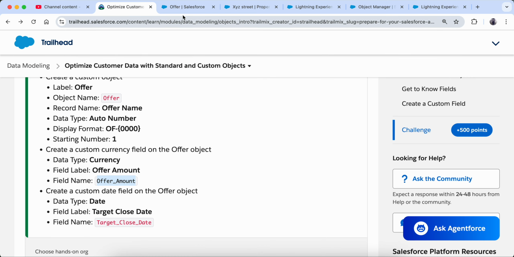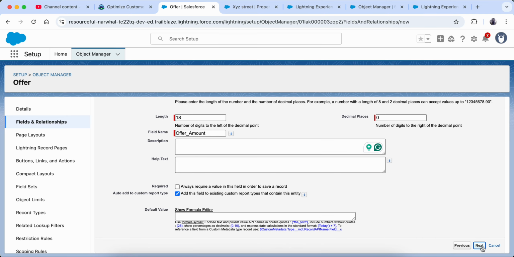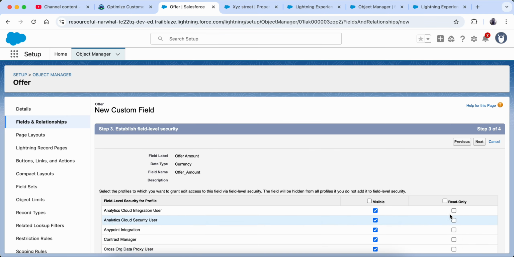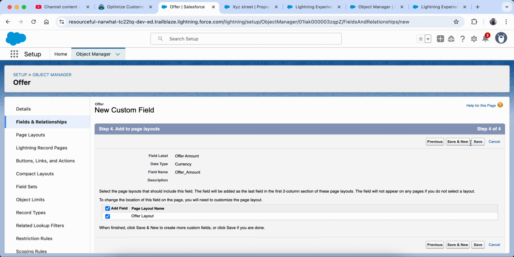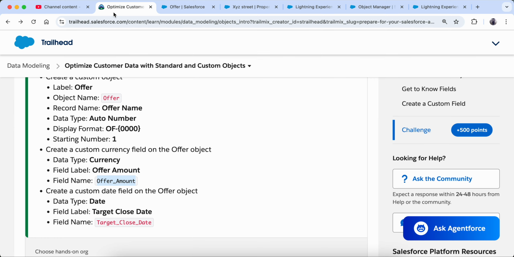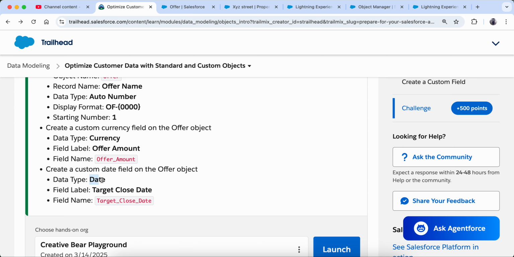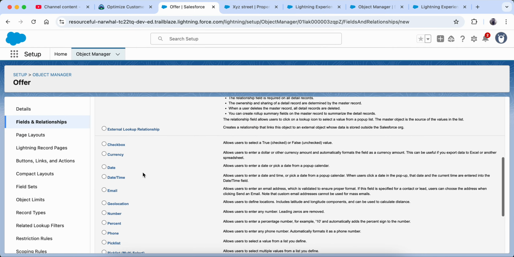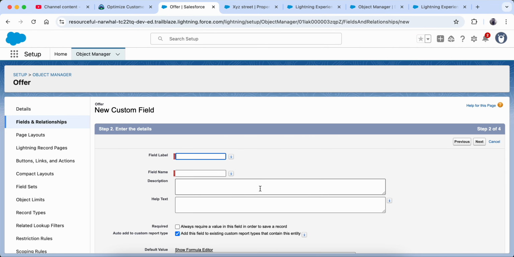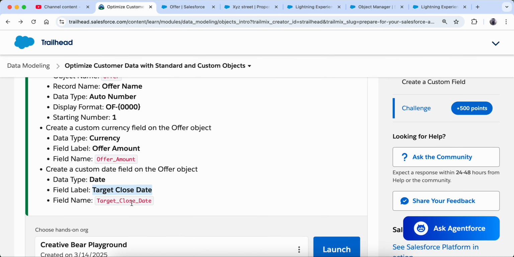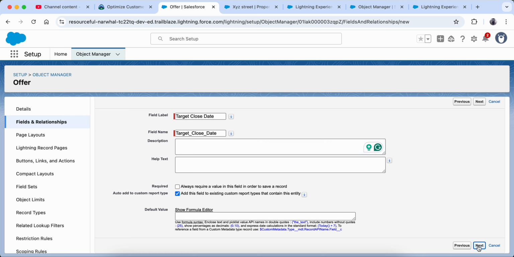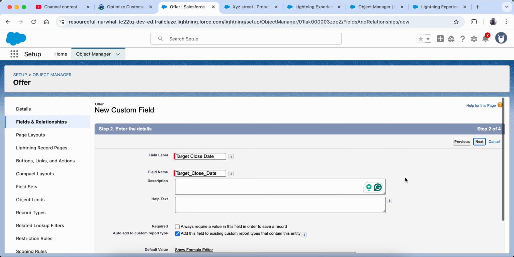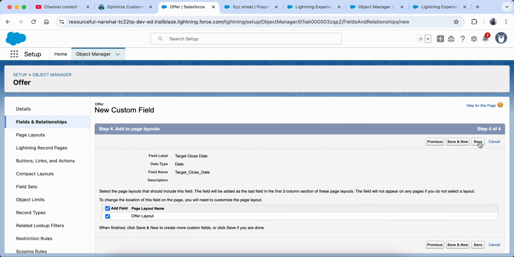Create a custom date field, and now we have to create a custom date field also. Okay, so first now we will do here next and next and save and new. So we are going to create a new field and they are saying date. So we have to choose the data type as date. So here we will see one data type which is date. We are going on next, and then we'll choose a date here. And I don't think we need anything else, we just have to create this. So next, next. Okay, it is taking some time to load. That's fine. And then save.